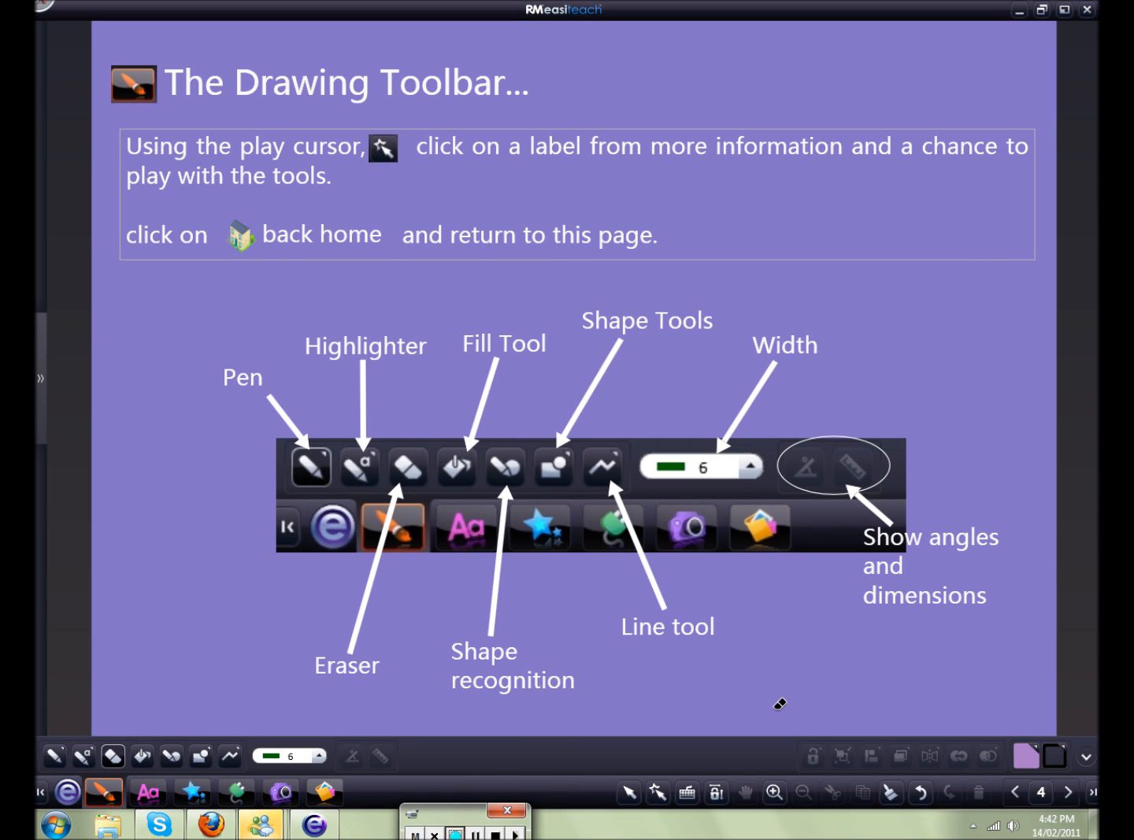Let's take a look at the next generation drawing tools. Obviously, if you had a copy of this file, which you're welcome to have if you come to one of my sessions, I'll give you a copy, then you can interact with this chart yourself, but I'll show you how it works. So first of all, this toolbar here will only be activated if you click on the orange paintbrush,